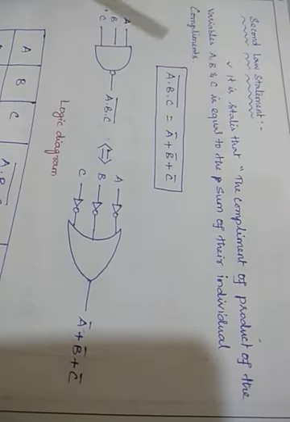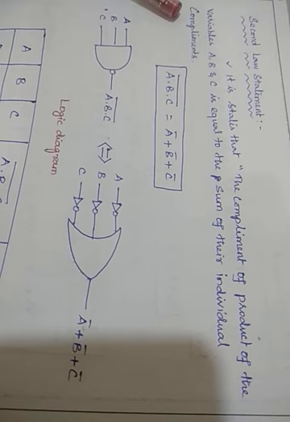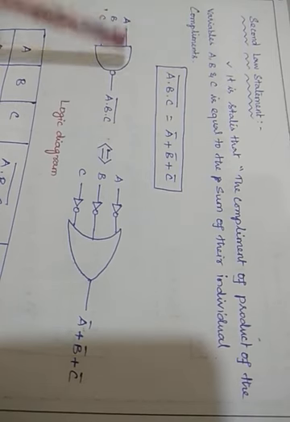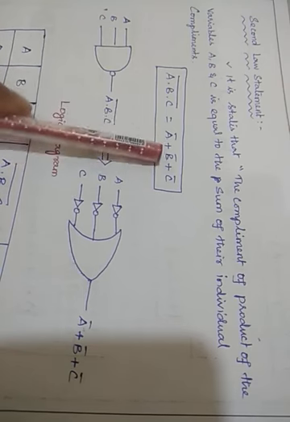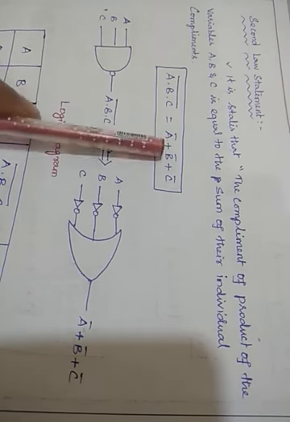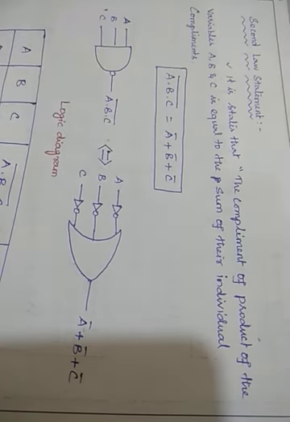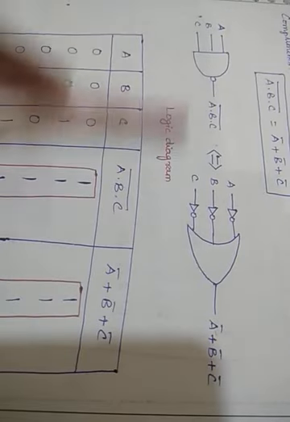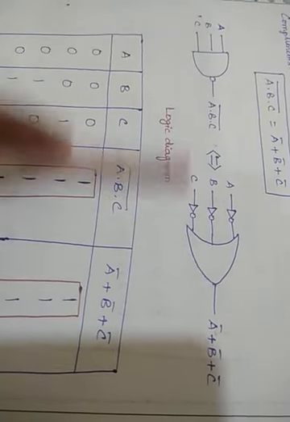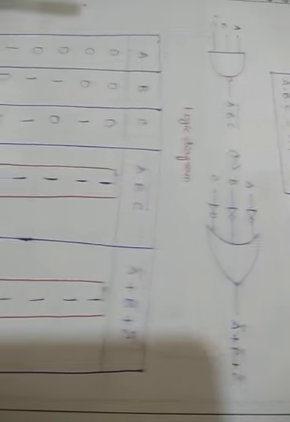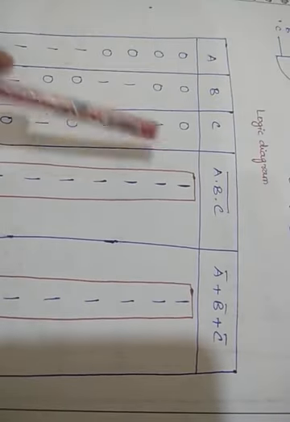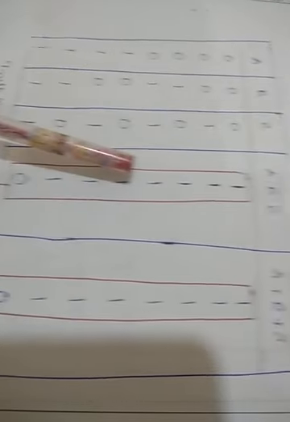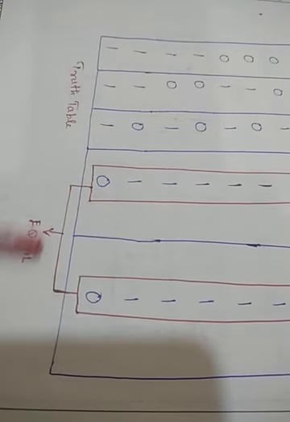Whatever is there, you write it as it is, and this is very important, an 8 mark question. Now instead of addition we take multiplication, and instead of multiplication we take addition here. That is the second law. Once you understand the logic gate, you can understand this easily. Then finally, through the truth table, we proved that this LHS and RHS are equal. Through this tabular column we proved that both are equal.